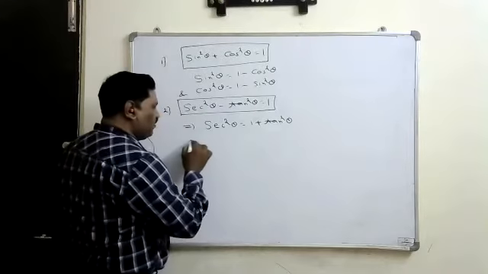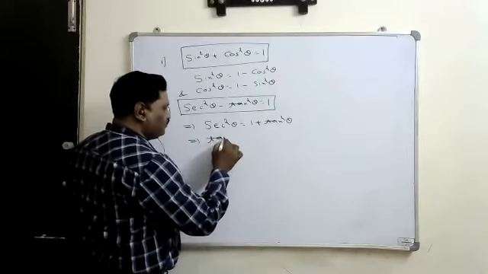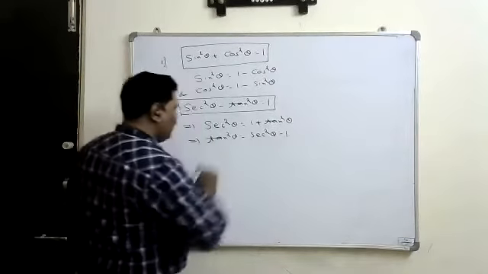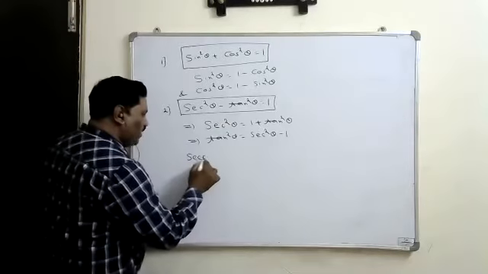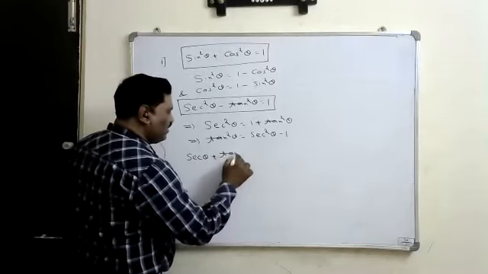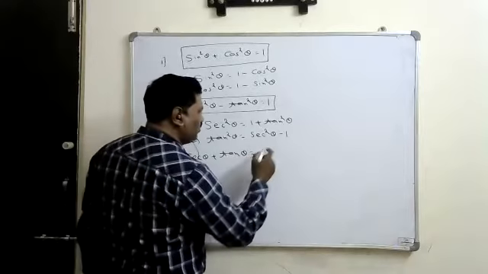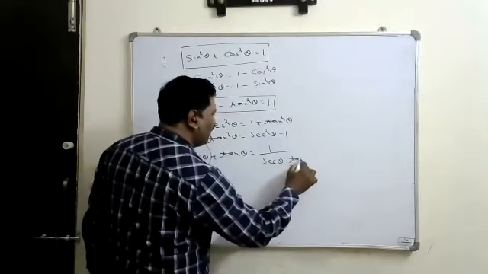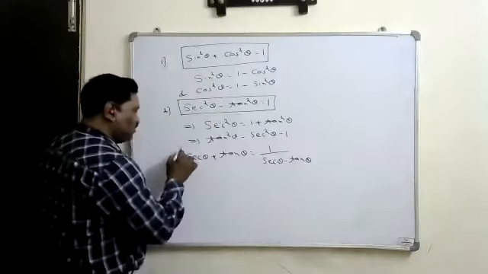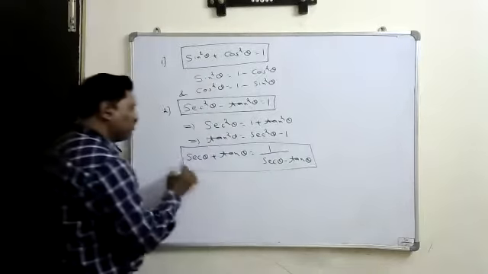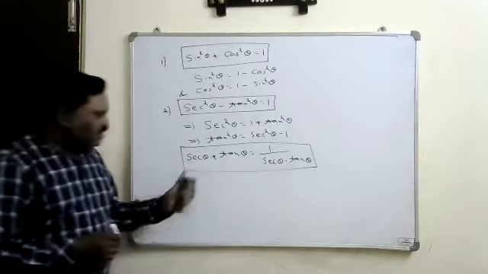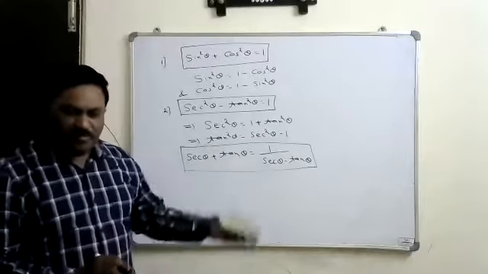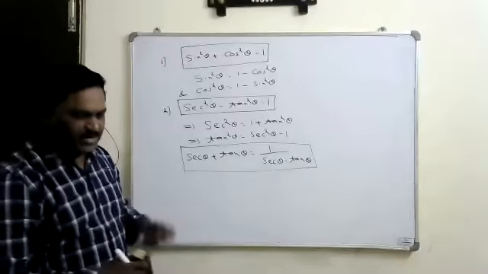And what is tan square theta from this? Secant square theta minus 1. And from this, secant theta plus tan theta and secant theta minus tan theta are reciprocal to each other. So secant theta plus tan theta, you can also write as 1 by secant theta minus tan theta. So these two terms are reciprocal to each other. Means if secant theta plus tan theta is k, then secant theta minus tan theta becomes 1 by k automatically.